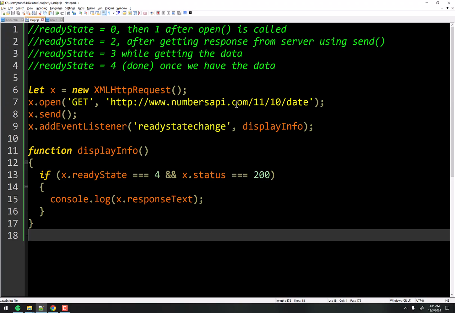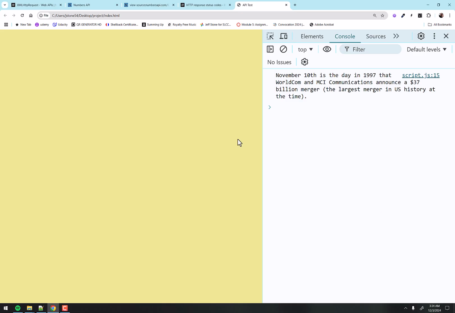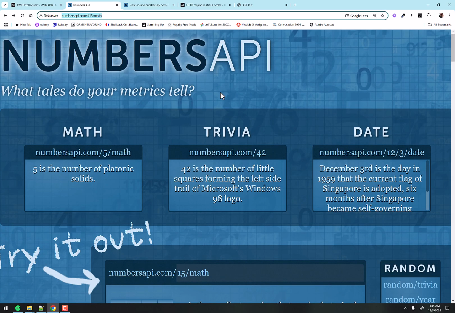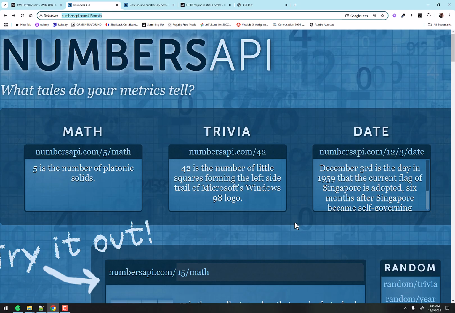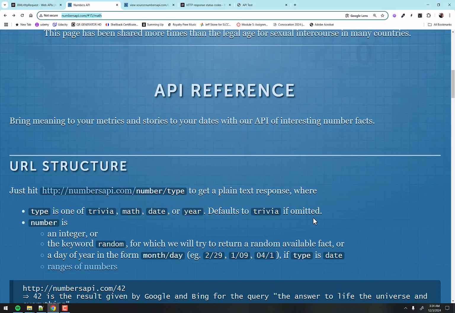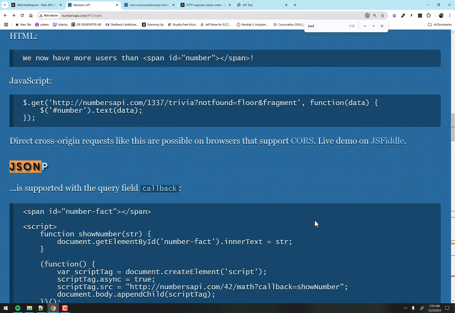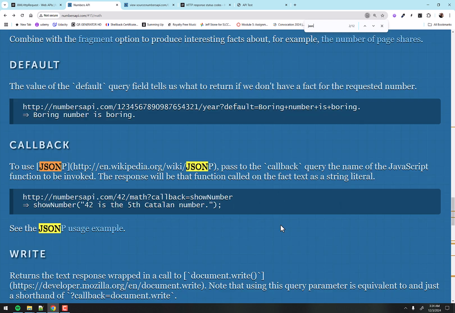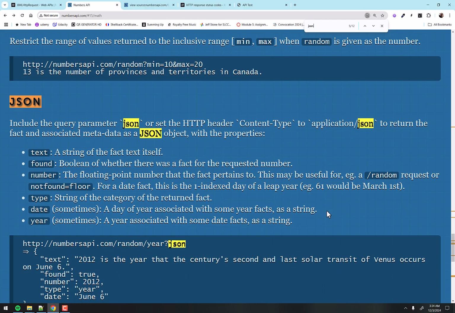Let's get this in JSON. And now some APIs don't have this option. They don't have a plain text option. They just have only JSON, right? In our case, we can force it to be JSON, and it's actually documented down here how to do that. Just let me search for the phrase JSON right here. And if we just add, let me find the next one right here, right there.